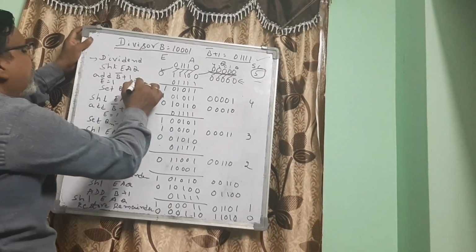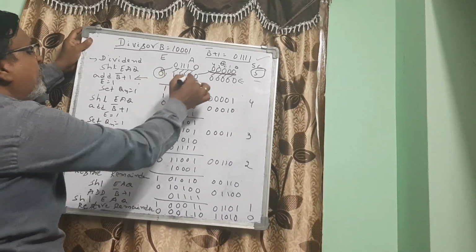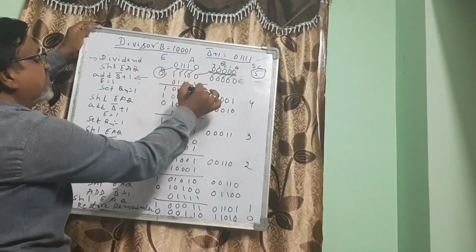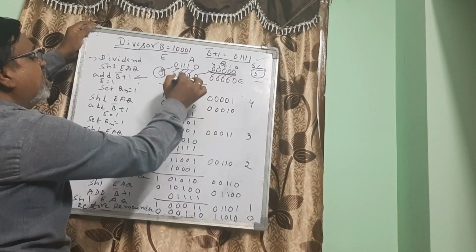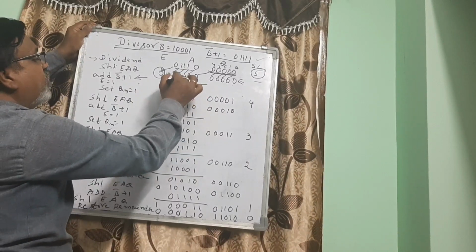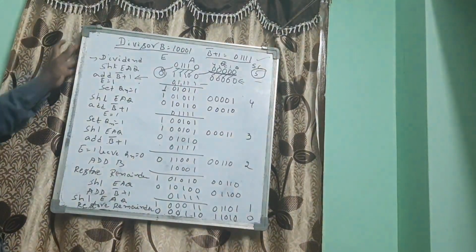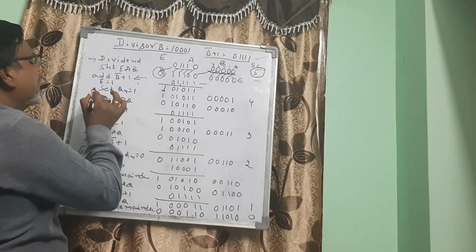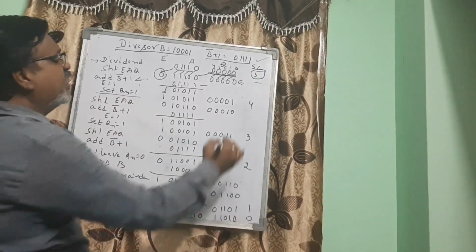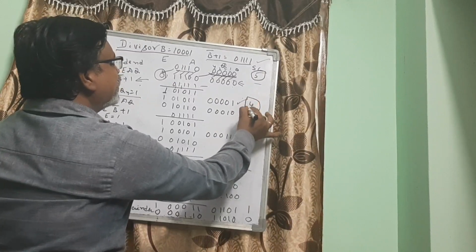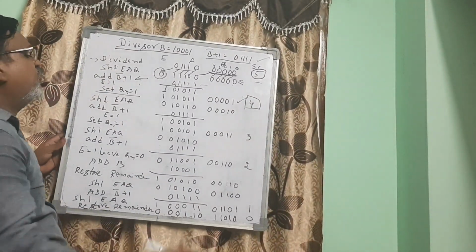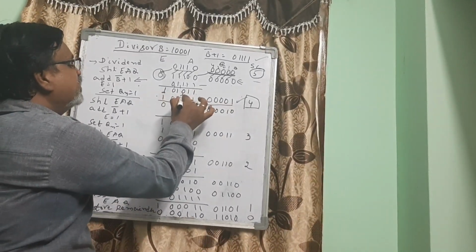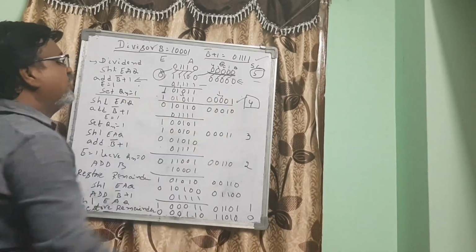So here we are adding B plus 1 because the E value is 0. So B plus 1 means 2's complement, that is nothing but A minus B. And after adding this one, 0 plus 1 is 1, 0 plus 1 is 1, 1 plus 1, 1 0, 1 plus 1 plus 1, 1 1, 1 plus 1 0 is 1. Here E and carry we got 1. So when carry we got 1, as we have seen in the flowchart, Qn will be set to 1. So here Qn is set to 1 and the sequence counter is decremented by 1, which becomes 4, and this is the EAQ value. This is E as is, A, and Qn is set to 1, so this is the EAQ value.